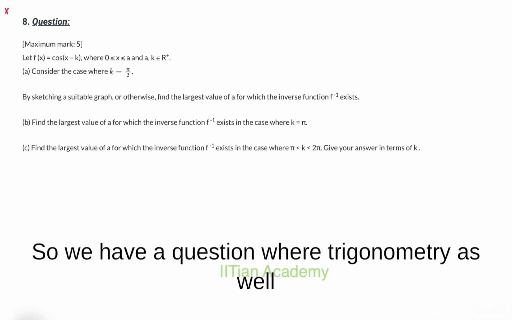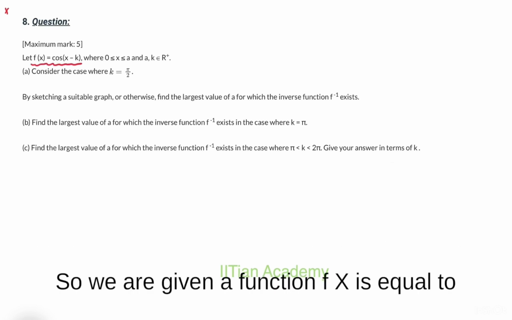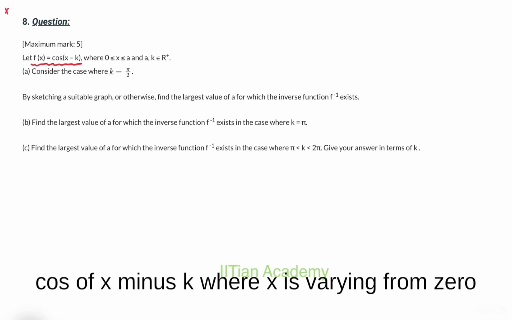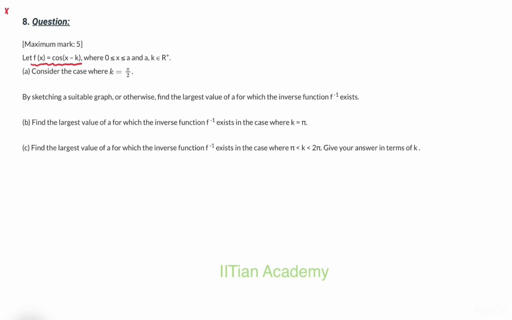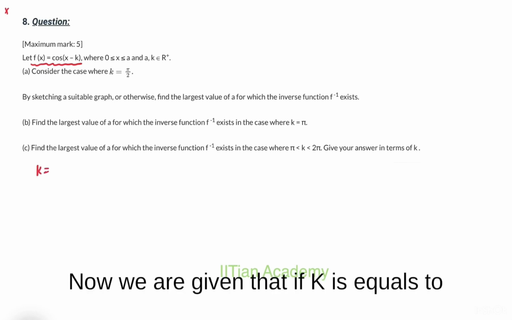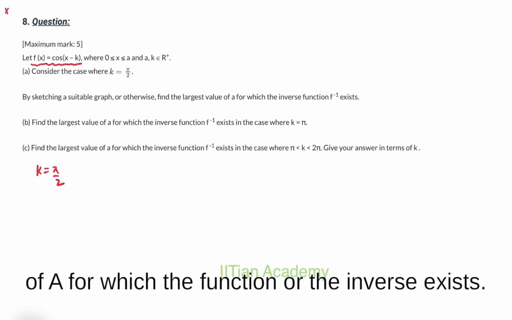So we have a question where trigonometry as well as the concept of functions are simultaneously involved. We are given a function f(x) = cos(x − k), where x varies from 0 to a, and a and k are positive real numbers. Now, if k equals pi by 2, we have to identify the largest value of a for which the function